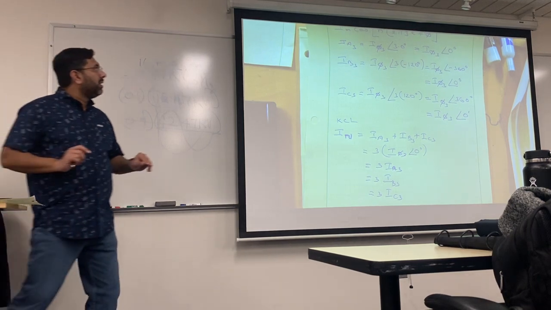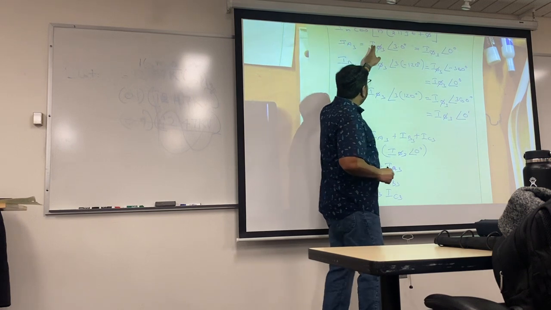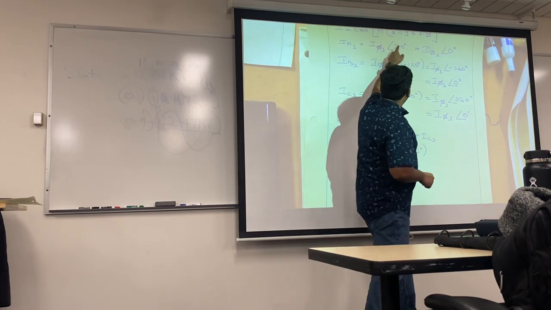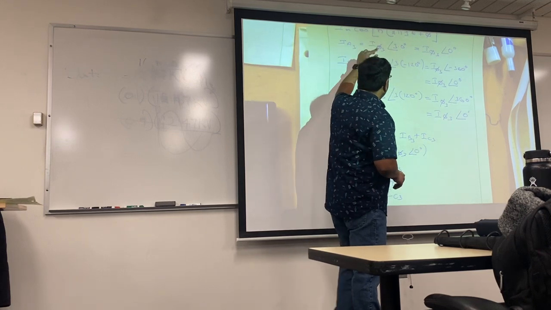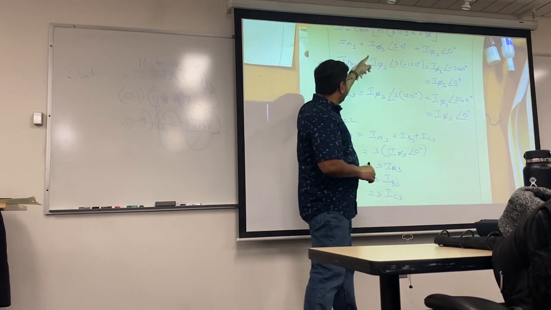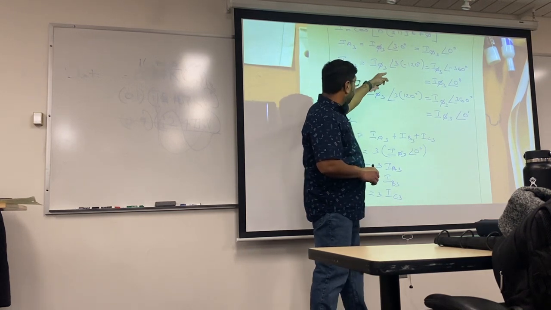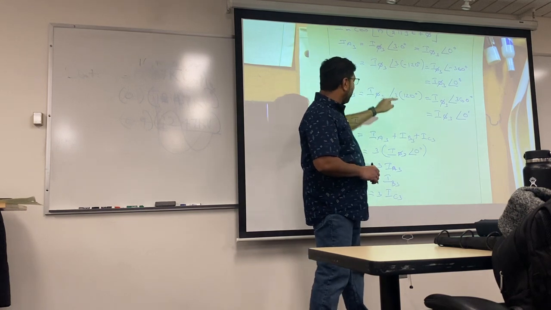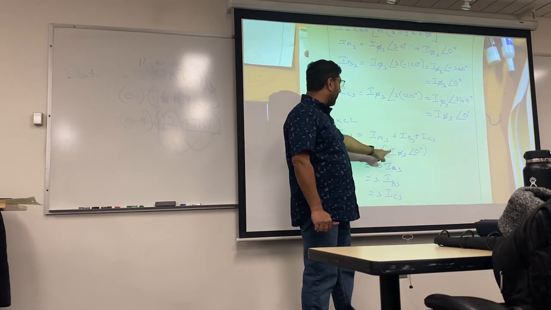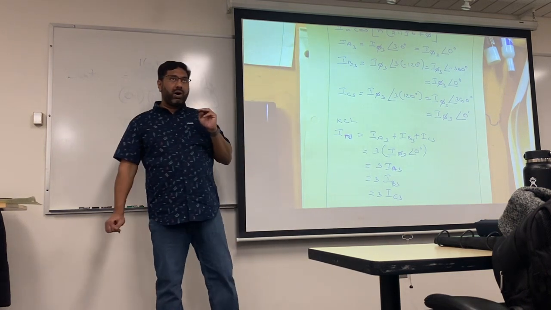So you have Im cos omega t plus phi, but to fool around with the frequency, I just put an n there. IA3 was 0. This is negative 120. Sorry, 3 times negative 120 and 3 times 120. So all of them end up being 3 times I phase angle 0, which means whenever you have odd multiples